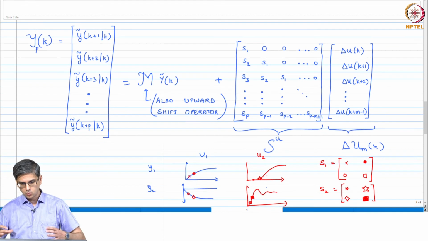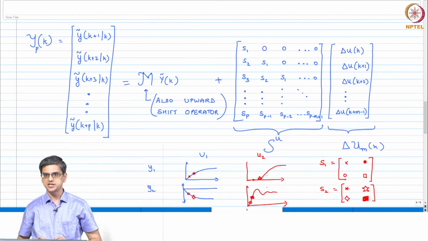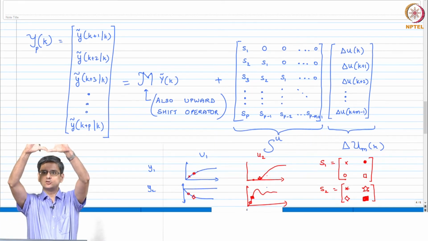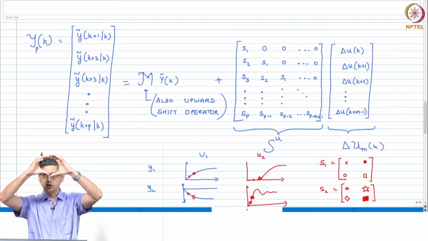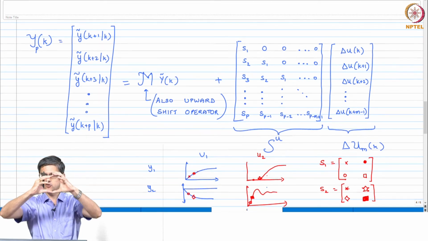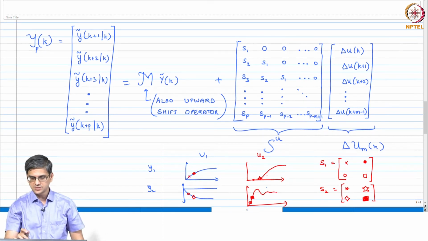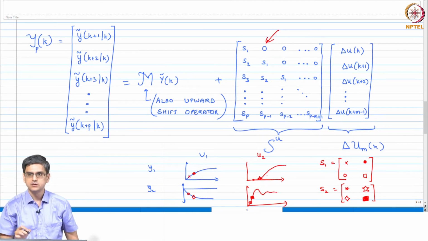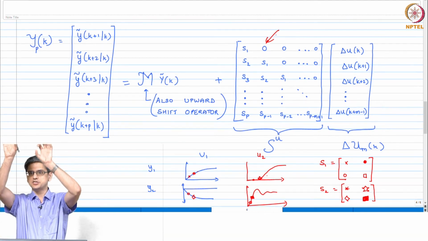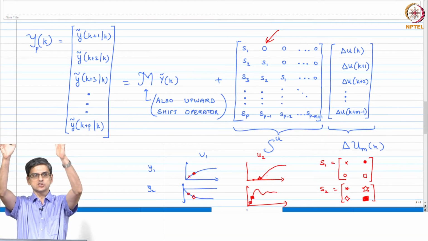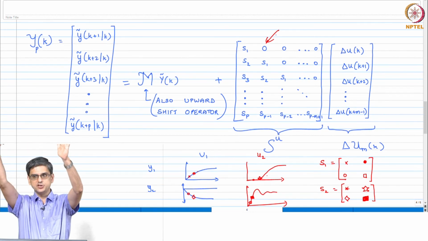So what do S1, S2, S3, S4 mean? S1 is that 2 by 2 box, followed by another 2 by 2 box, followed by one more 2 by 2 box, so on and so forth. What does this 0 mean? This 0 means 0, 0, 0, 0, because that is also an ny by nu box.